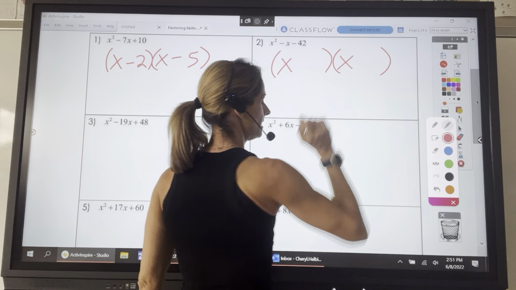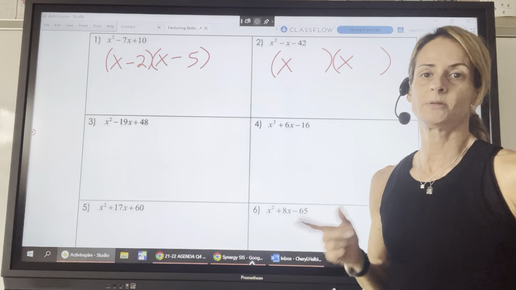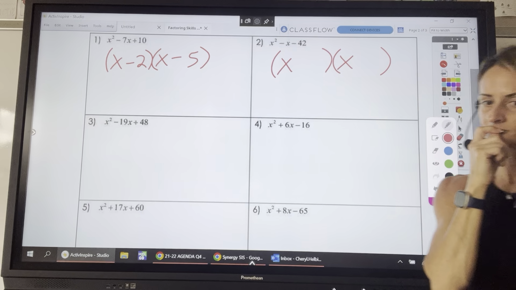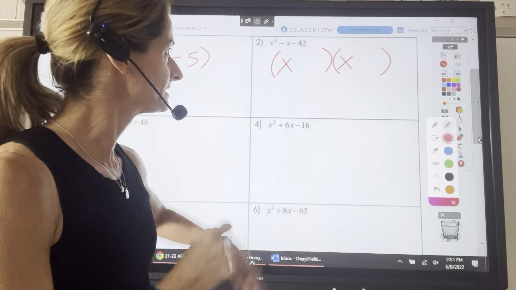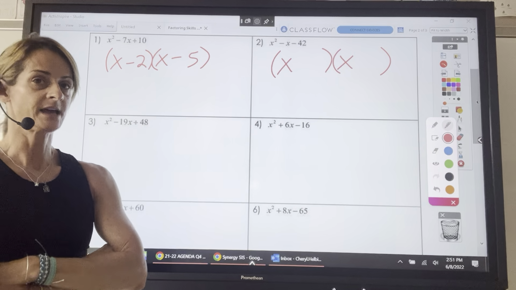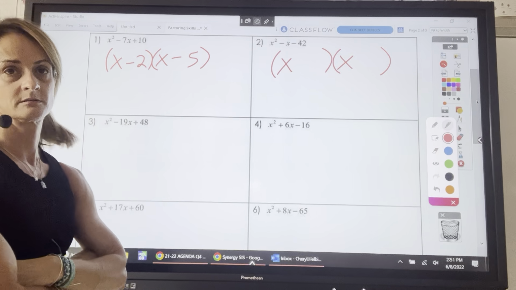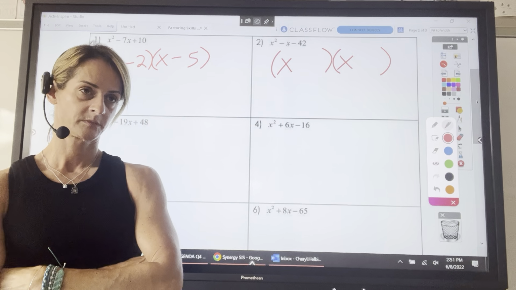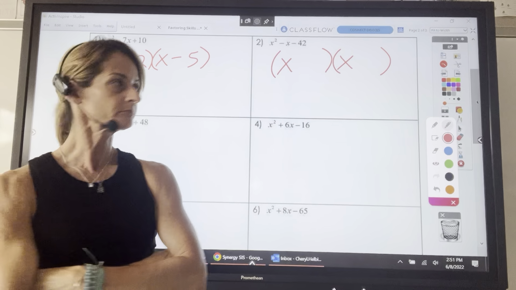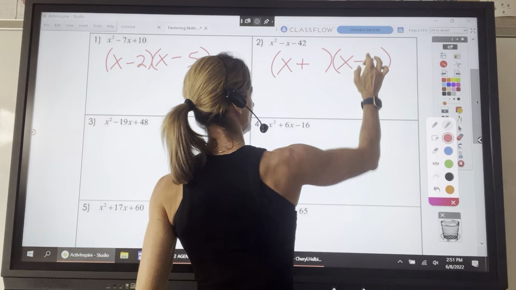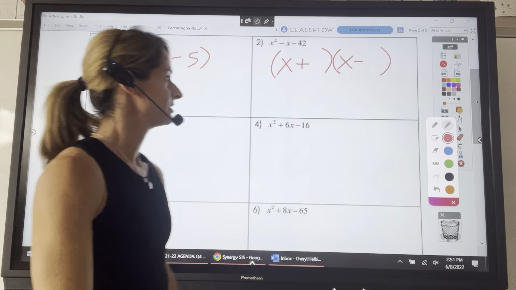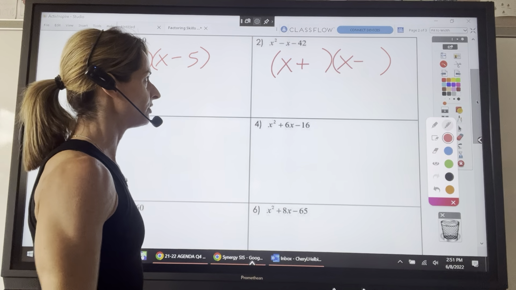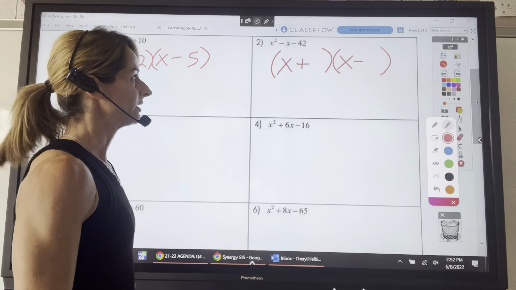x, plus plus, minus minus, or plus minus? The sign of c tells you if the signs are the same or the signs are opposite. This is a -42. What does that tell you? They have to be opposite. And you can do minus plus, it's the same thing, so I just put my plus first. Okay, now I need two numbers that when I multiply, I get -42,